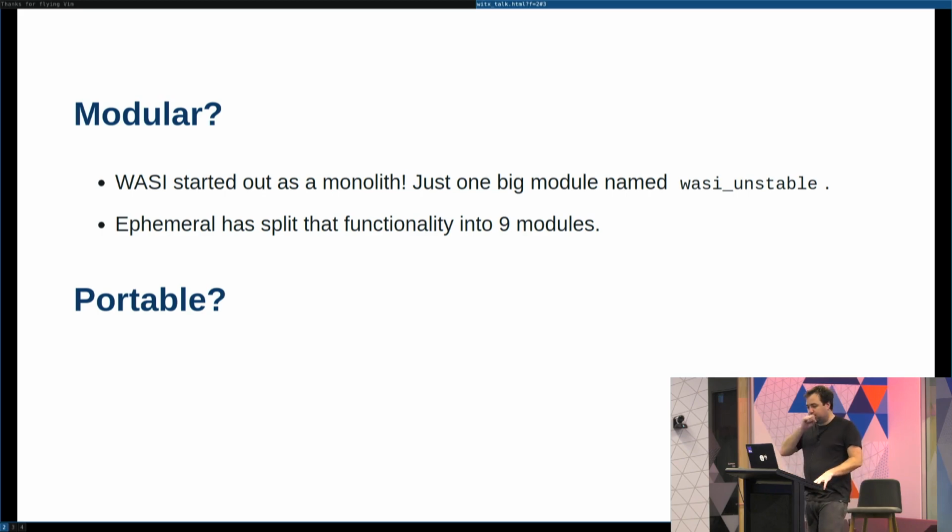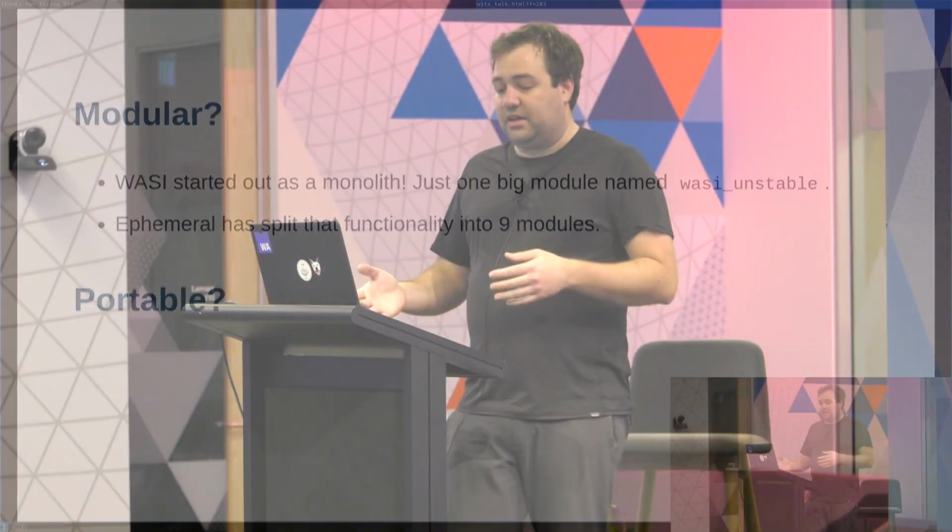So the tip of tree part of WASI, the most recent merged developments that aren't officially supported by runtimes yet, is called the ephemeral version. And we actually just merged Dan's PR that split that one monolith module into 9 modules. And so that's one way in which we've made a breaking change to WASI. Code that was compiled against the one big WASI Unstable module would now import things from all those 9 different modules if it used the whole interface. And that's one example of what kind of changes we're going to make in order to refine the interfaces to be finer grained.